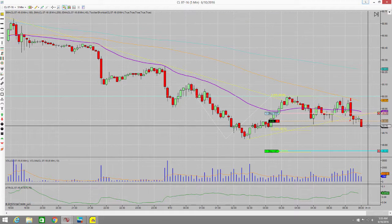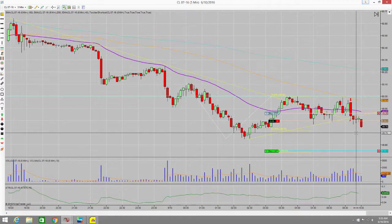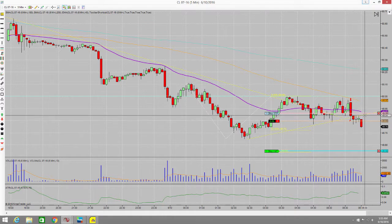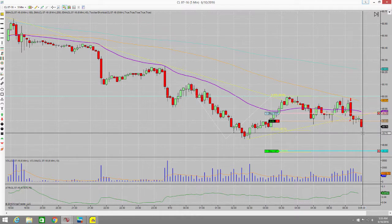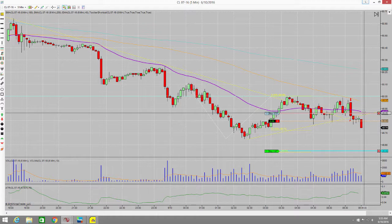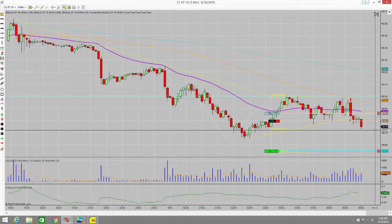If we get a bit of a push, I will lock this in. At about 10 ticks, I think I will lock in a tick, just so I'm only on one contract here, so it turns into a risk-free trade at that point. At that point, if it comes all the way back up, I don't want to be in it, because then